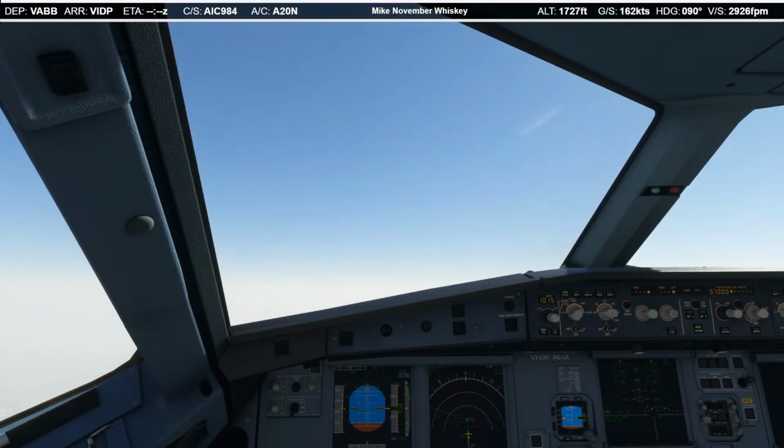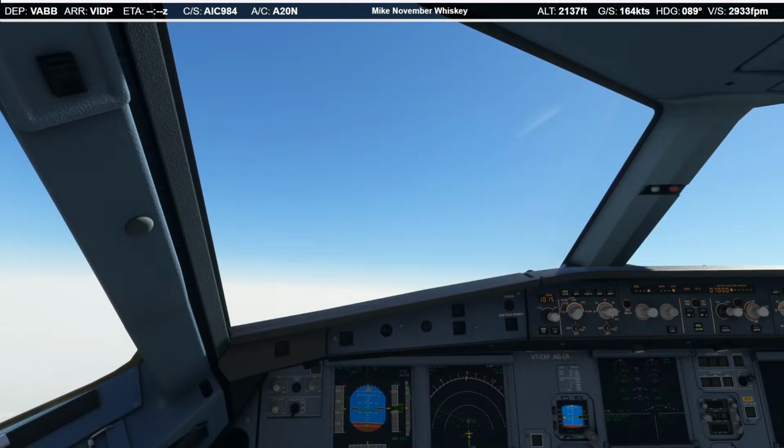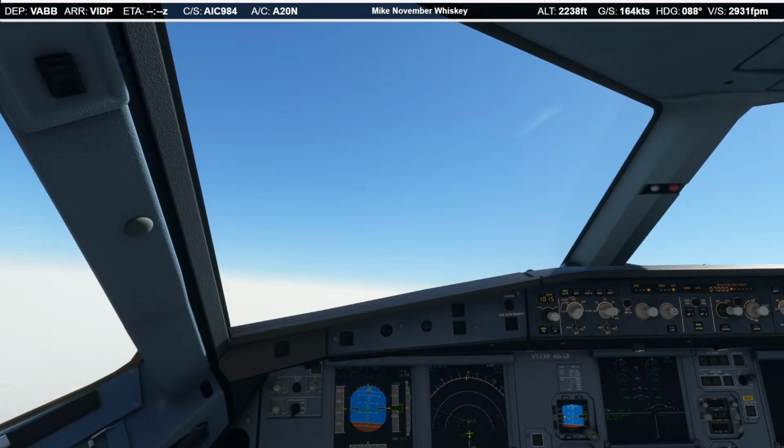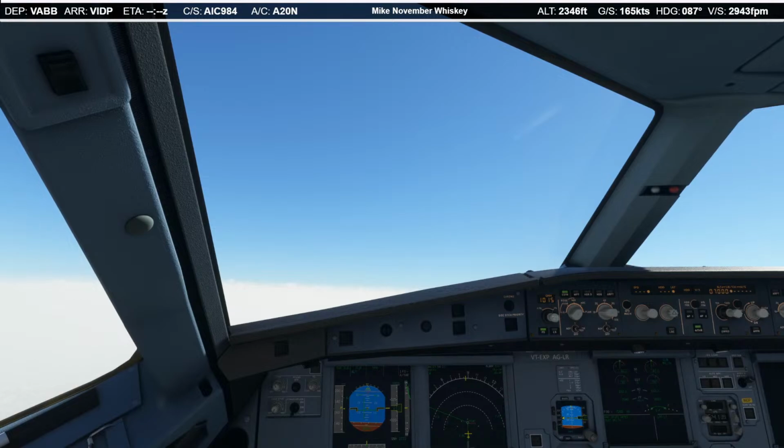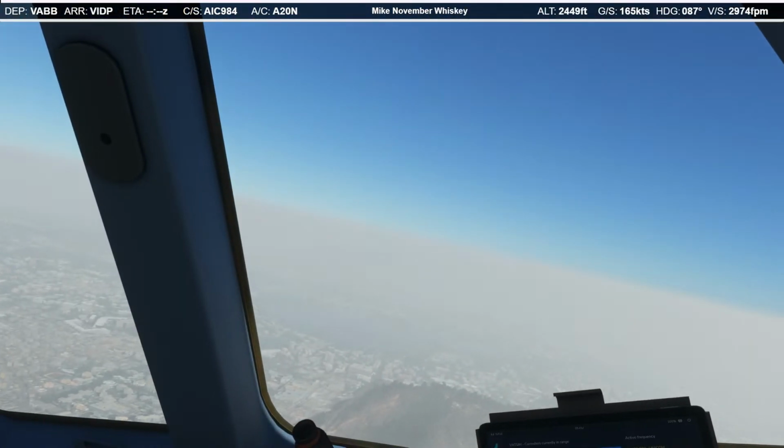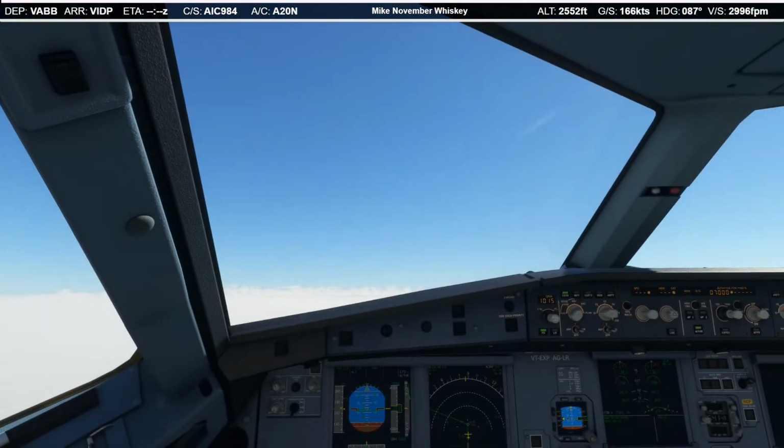Rest climb, climb. Already above the haze, pretty much. I'm just going to hand fly this for a little bit.